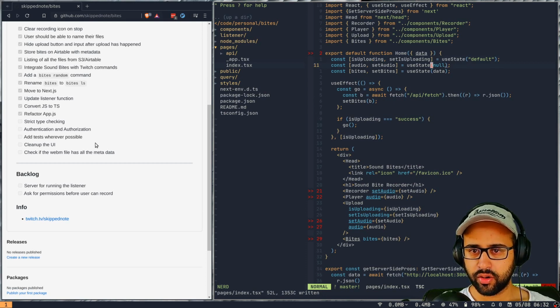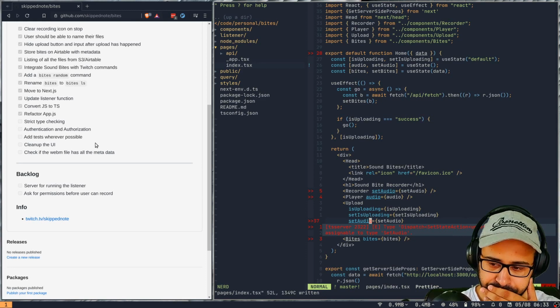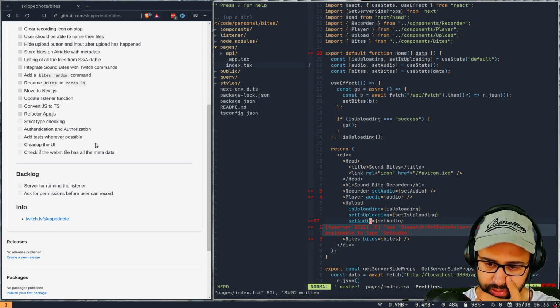So set audio needs a typing here. It shouldn't be null by default, it can be undefined. But null would have been alright as well, but it is not defined, right?